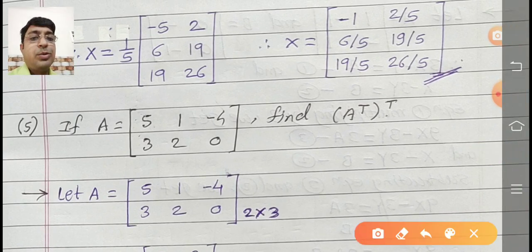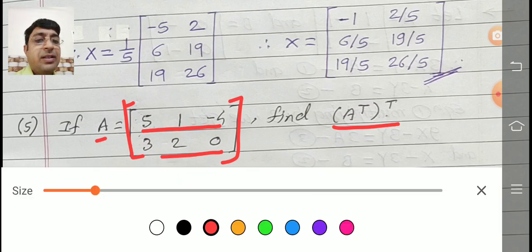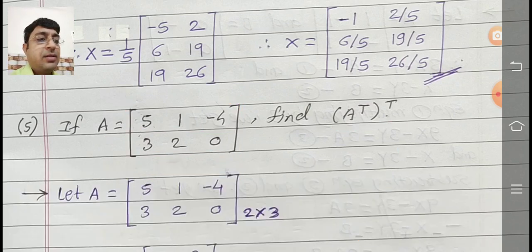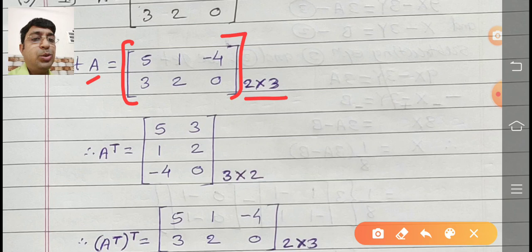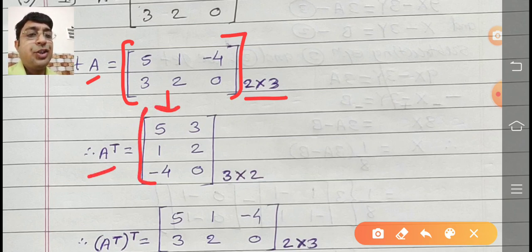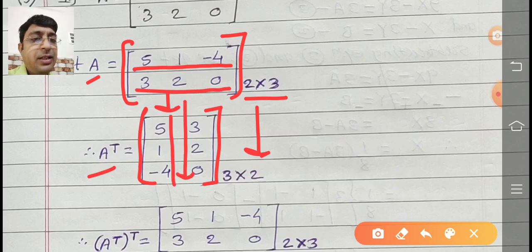Now we find out the transpose. Here A matrix is given 5 1 minus 4 and 3 2 0. So find out 2 time transpose of matrix A. Now given matrix A is given here, that we write as it is, having order 2 rows and 3 columns, 2 by 3. We are taking the transpose. The A transpose is equal to interchange the rows and columns. So instead of 2 by 3, what is the order? 3 by 2. So first row interchange to the first column and second row interchange to the second column.